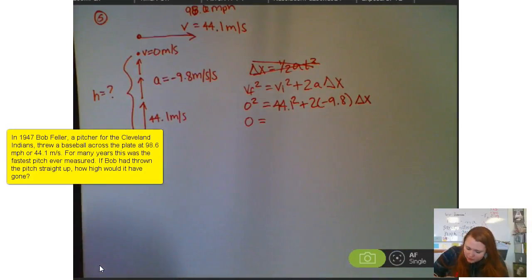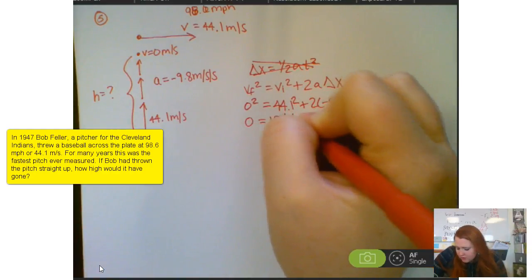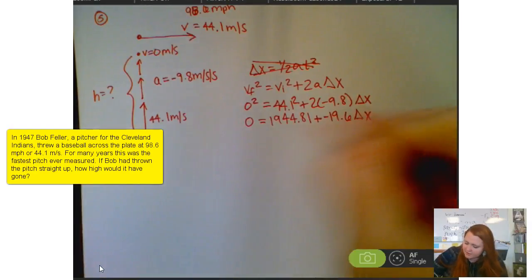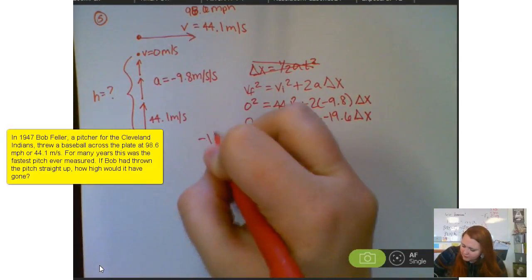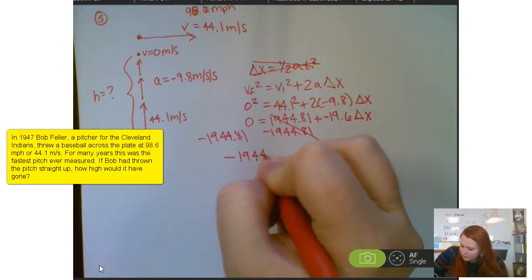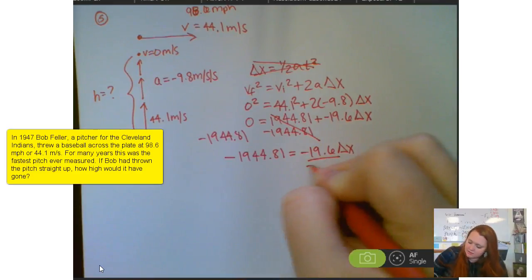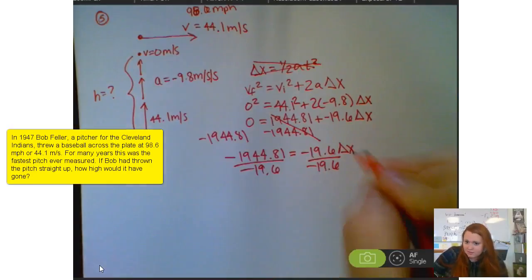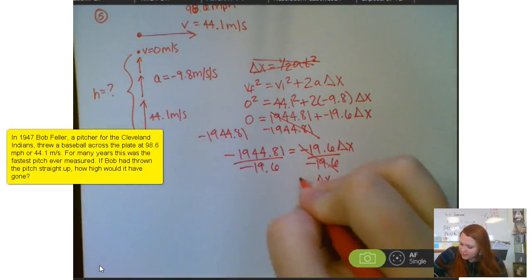So 0 equals 44.1 squared, 1944.81, plus, this is going to be negative 19.6 times delta x. Now we just need to keep doing the algebra. I need to subtract this from both sides. So I get negative 1944.81 equals negative 19.6 delta x. Now we're going to divide. I'm just doing the algebra at this point to get delta x by itself. So delta x equals